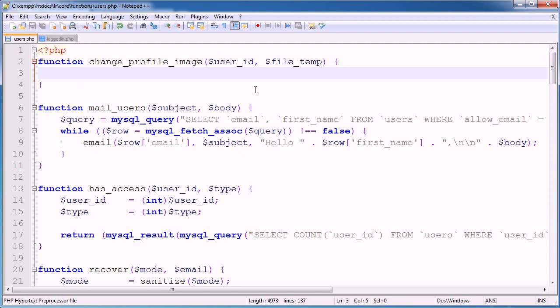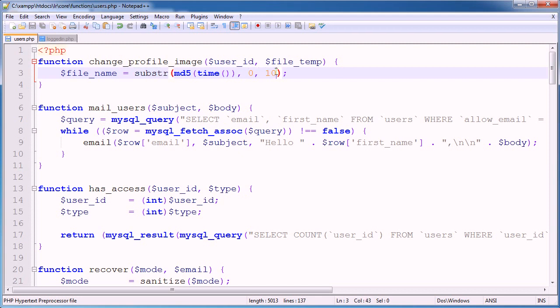The first reason is that uploading a file is not complicated at all. We just need to be really careful about how we're uploading, and where we're uploading to. So we need to generate a file name. So I'm going to say file name is equal to the current time, and I'm going to MD5 this. I'm also going to substring it like that. So what we've done here is we've taken the current time, we've created an MD5 hash from it,